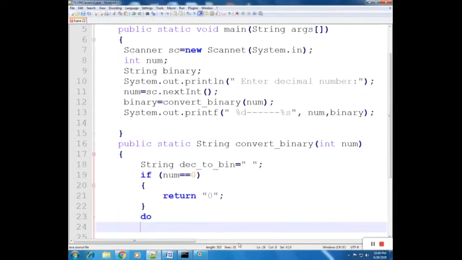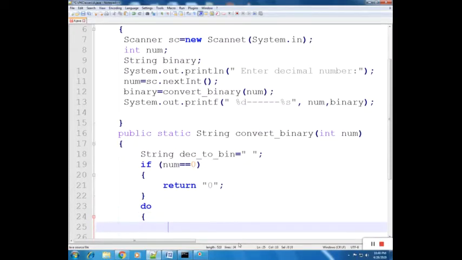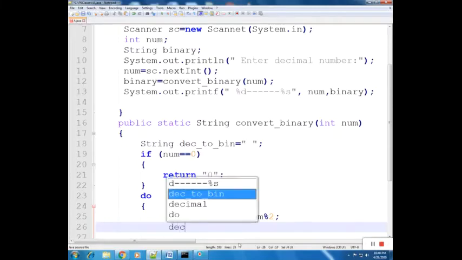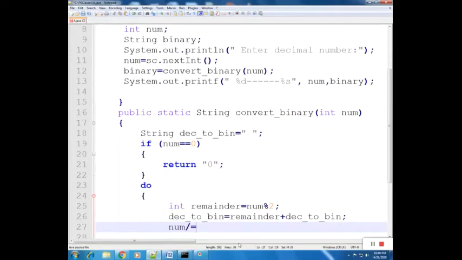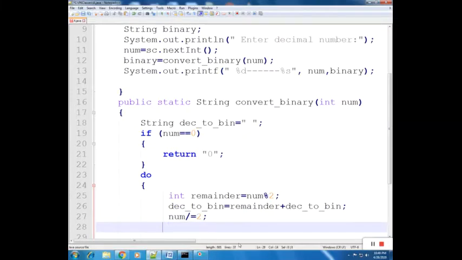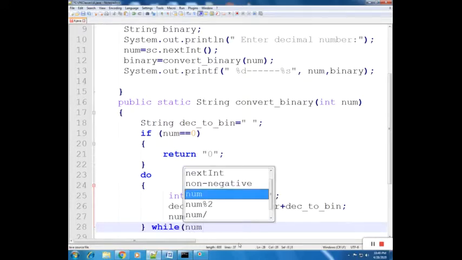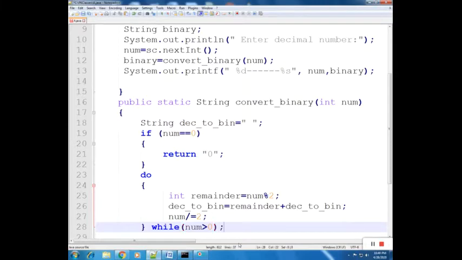Otherwise we will take a do while loop, and declare one integer remainder is equal to num mod 2. decimalToBinary is equal to remainder plus decimalToBinary. num /= 2, that means num is equal to num divided by 2, and this loop will continue while num will be greater than 0.